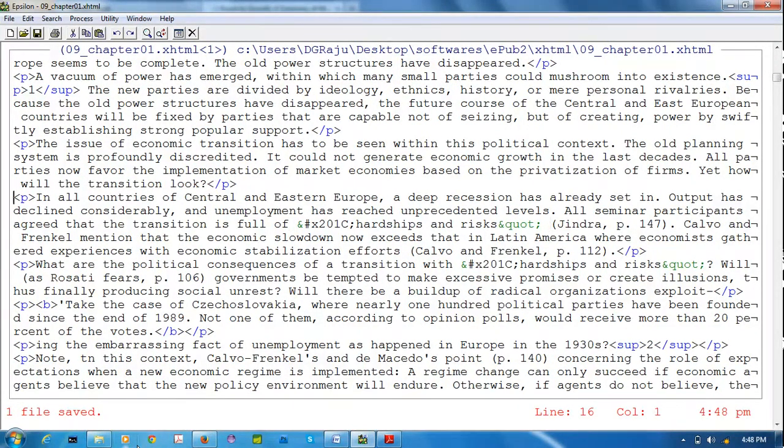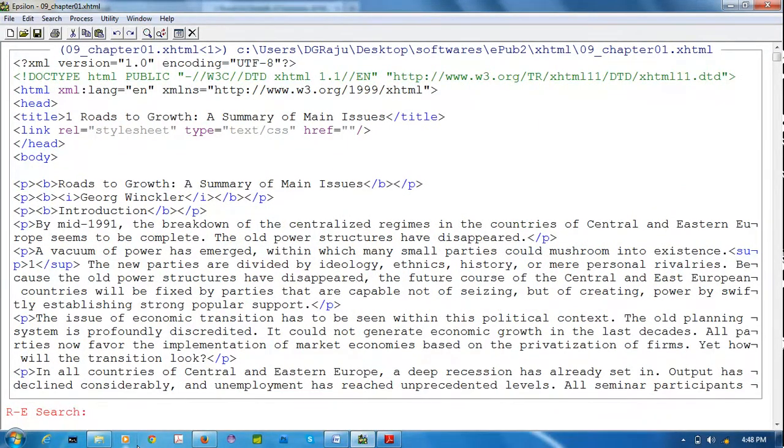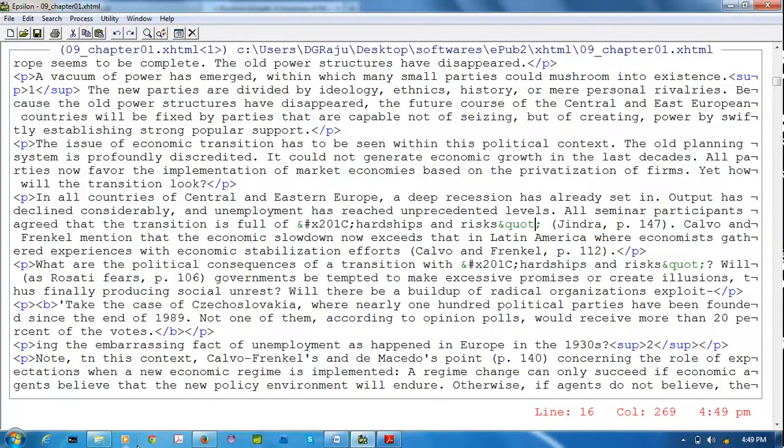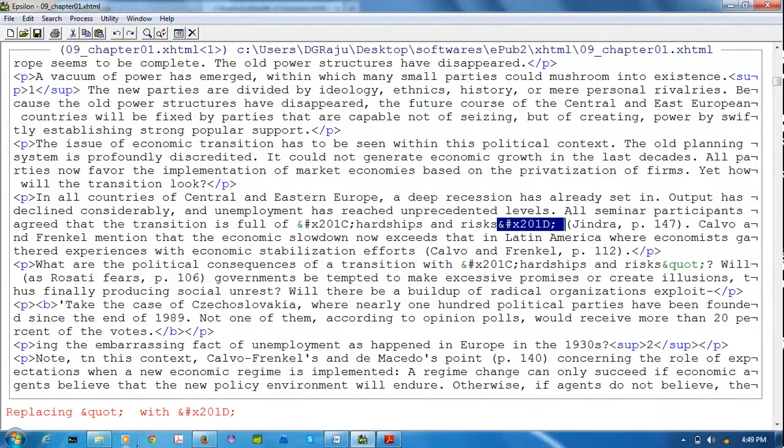Otherwise, you can search from the regular expression. Control S, Control T. No need to type the ampersand A to Z again. Just use up arrow. It will show the regex ampersand A to Z. Using enter, enter, it will come here. I am selecting; after the space, it is the closing quote. Alt R, enter, delete. Ampersand hash X201D is for closing. After that, it has one space. Enter, comma. It is replacing correctly.